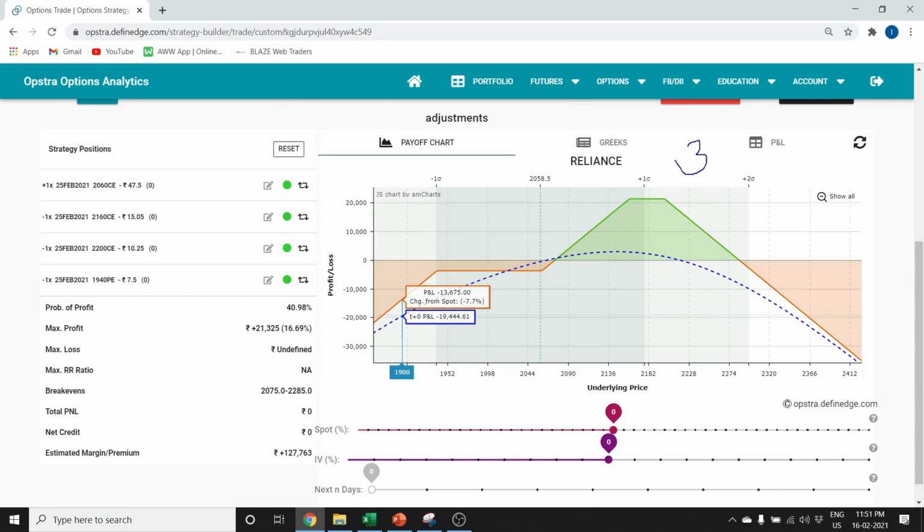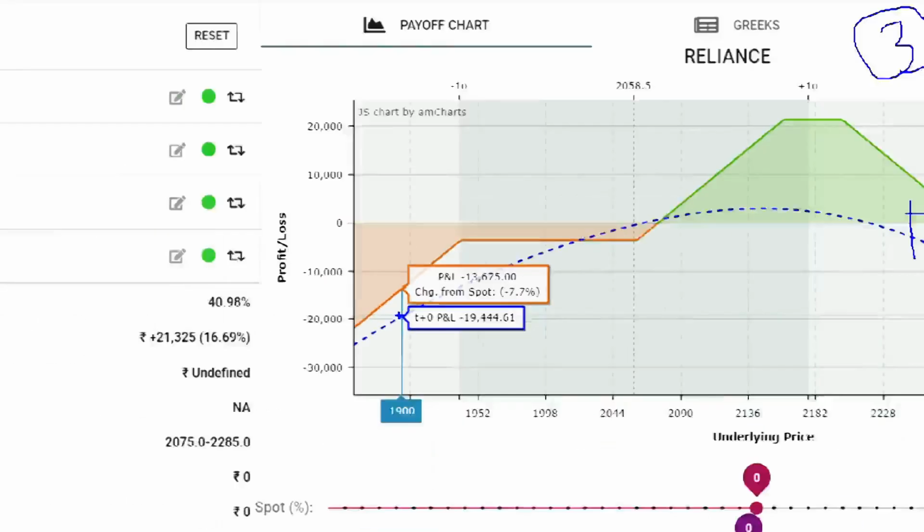Now, the third adjustment in the range extension part is that we can either buy a future or buy a call. Say this is our break even, we are around here, and we think the price will storm through the gates. So we can buy a future or call over here. Now here you have to check what the pricing is, whether IVs are high, and what impact the call buy is creating on our structure. You have to assess that. It should not happen that you buy a call that is too costly. Let's check.